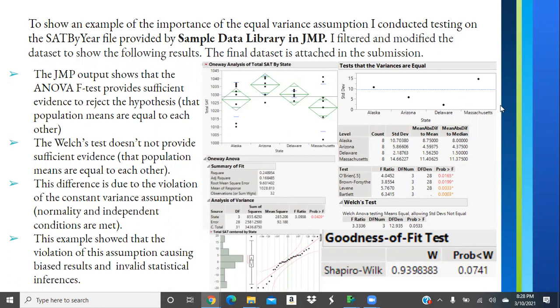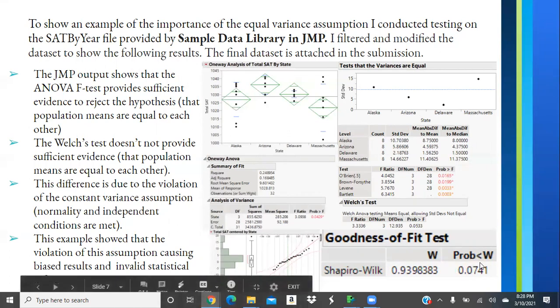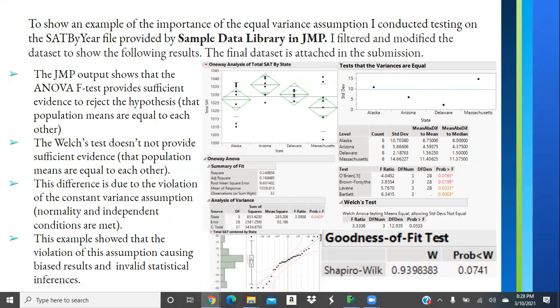However, when we test for the equal variance assumption, the tests prove that there's a violation. Since there's a violation and the normality condition is met, based off of the p-value from the Shapiro-Wilk test and the look into the residual plot, we have evidence that we can use the Welch test to properly test the